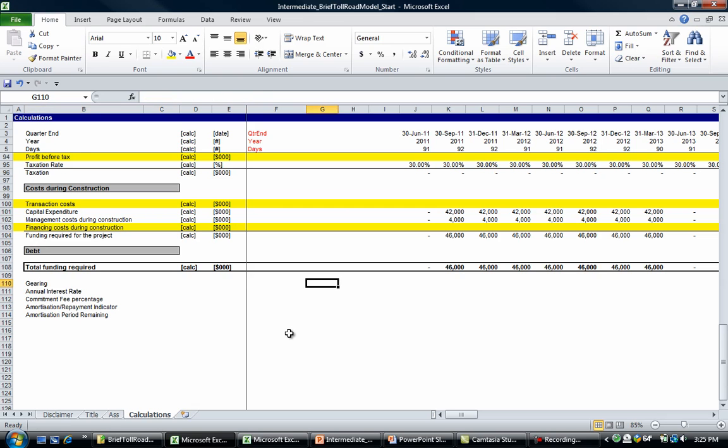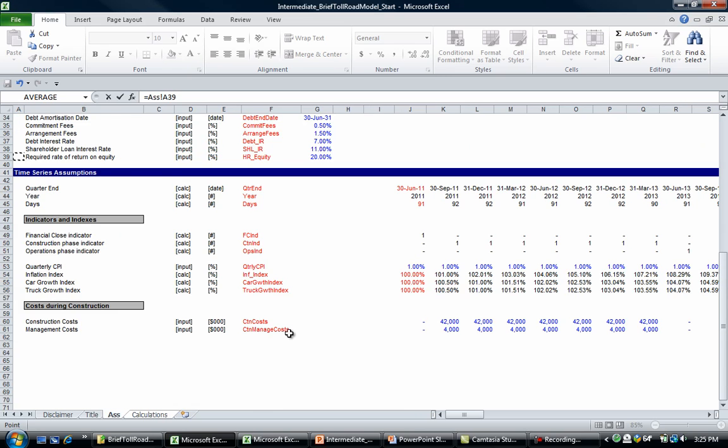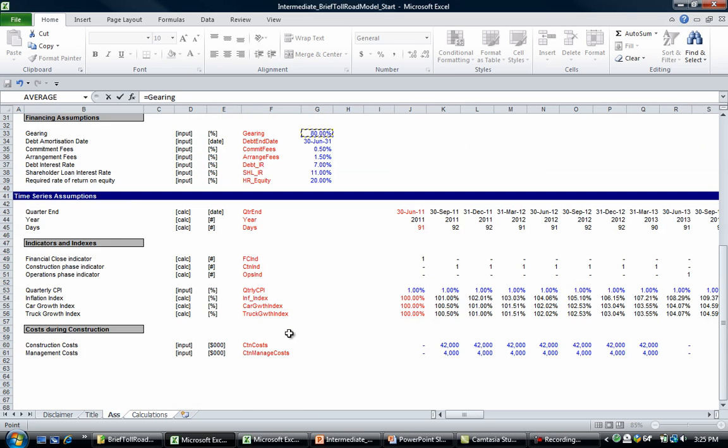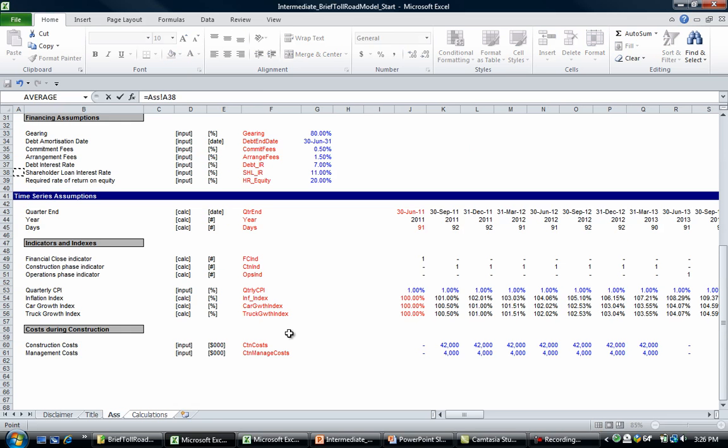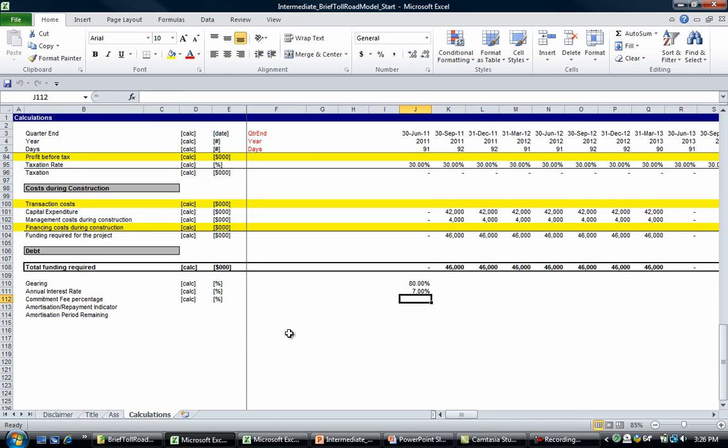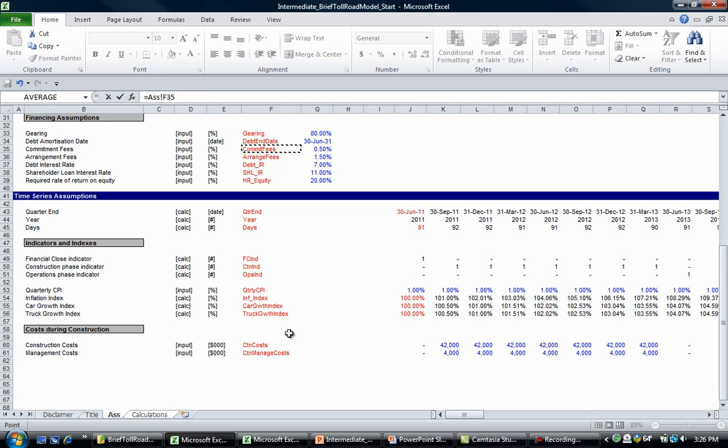Okay, so the gearing one's easy. Like I said, it's just the percentage of the total funding required, or the funding required for the project that's taken up by the debt, or that's funded by the debt. So let's go and grab the gearing. We have it here. So gearing, it's a percentage. So just gonna, the next two are percentages as well. So the interest rate, now we've assumed that it's a flat fixed interest rate. So the debt interest rate is 7%. The commitment fee percentage is